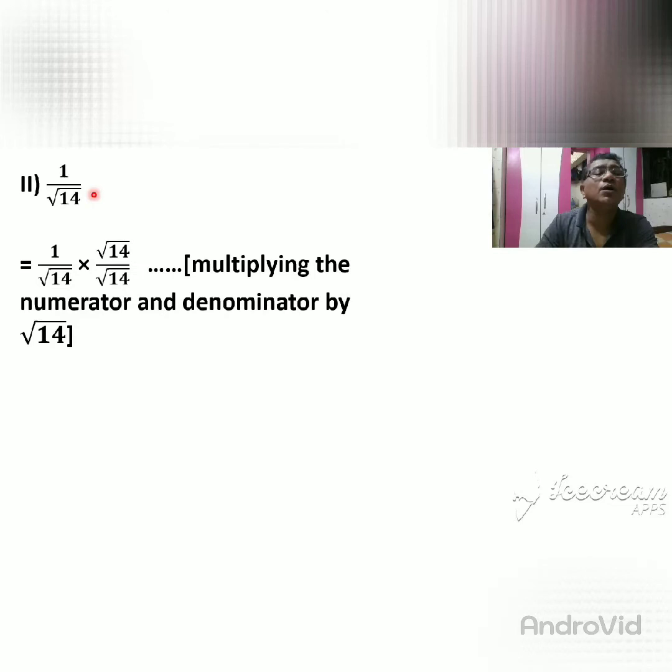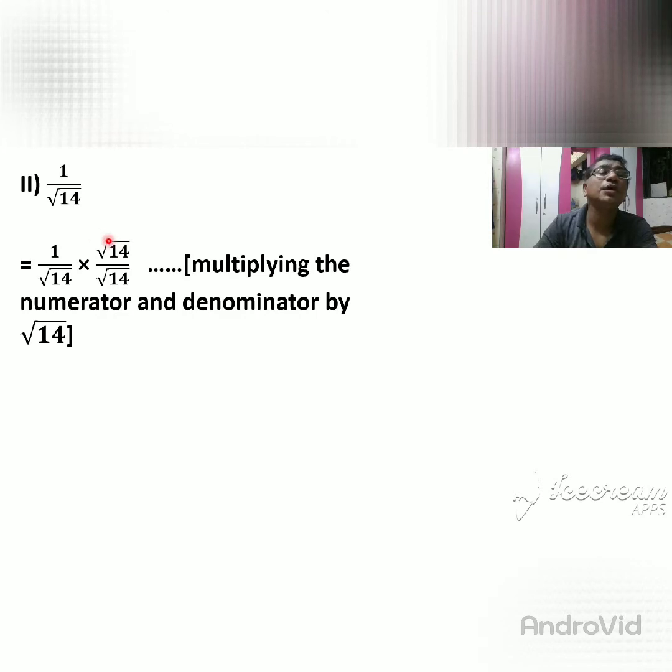Okay, then the second question we write here, that is 1/√14. So root 14, we cannot factorize this number as 2 into 7. Why not? Because we don't know the square root of 2 or the square root of 7. So we rationalize root 14 in such a way that root 14, the denominator, is multiplied to the denominator, and the same number is multiplied to the numerator.